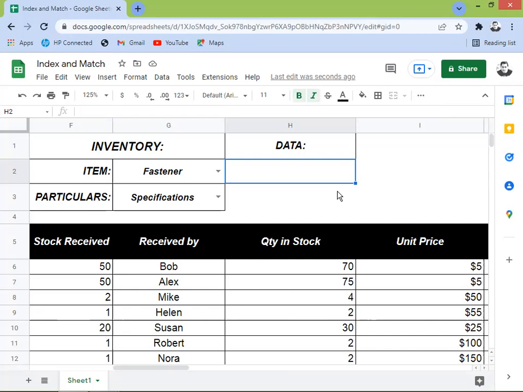So we have the columns and we have the rows. The rows are the items, and the particulars are the columns, in order for us to find a particular item or a particular value that we're going to look up. So here, under the data, we're going to use the INDEX and MATCH function. So start again with equal sign,